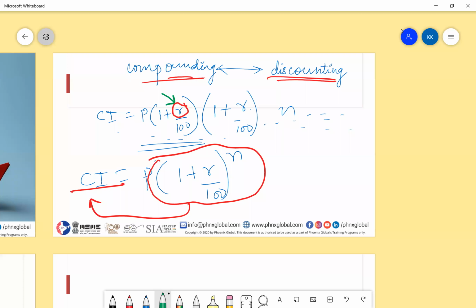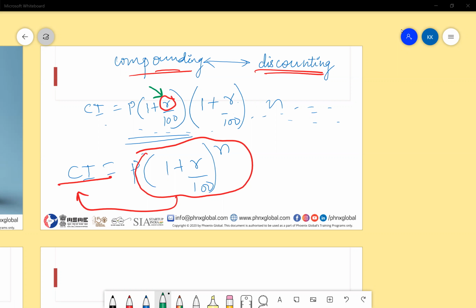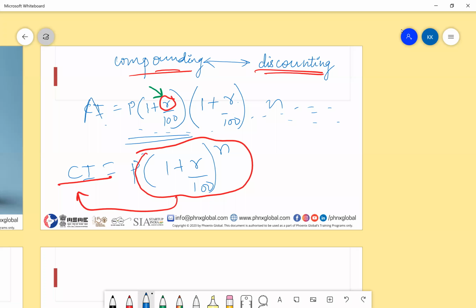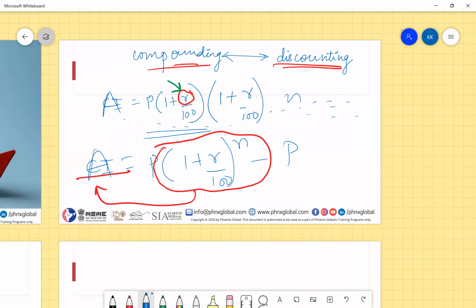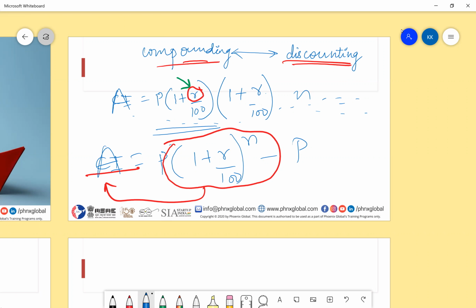Kesri, I have one question over here. Formula of compound interest will be minus principal as well, no? That is the amount. Acha, sorry, my bad. Yeah, this is the formula for the amount. If you have compound interest, it will have minus principal. Good that you said that part. We have amount here. When we are calculating the compound interest, we'll have to subtract the principal also.